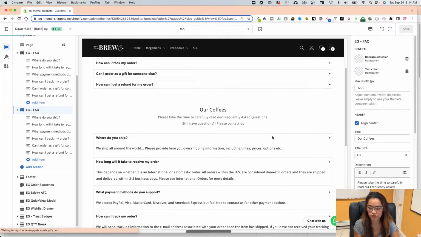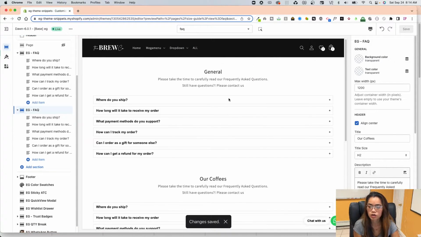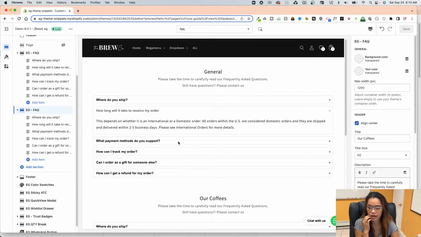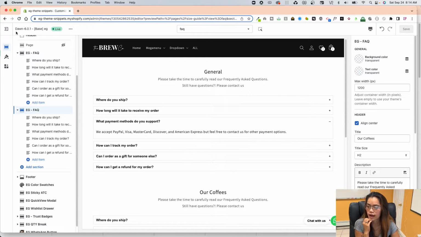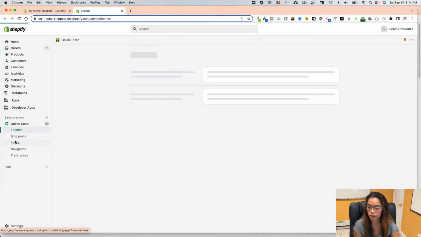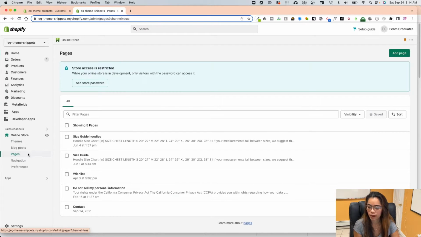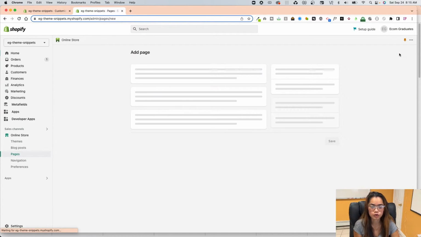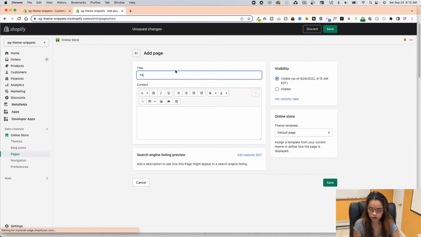And I'm just going to save it right here. So now I have this beautiful FAQ page, and I have questions here. So when I go out of this, what I'm going to do is go into my pages here. In the back end, I'm going to go into pages and create a page. Now I'm going to name this FAQ